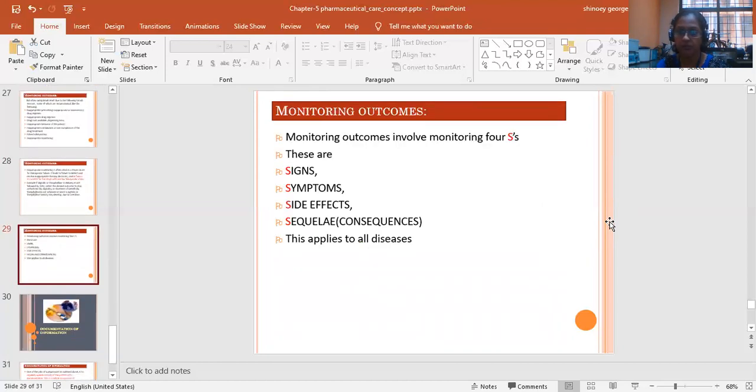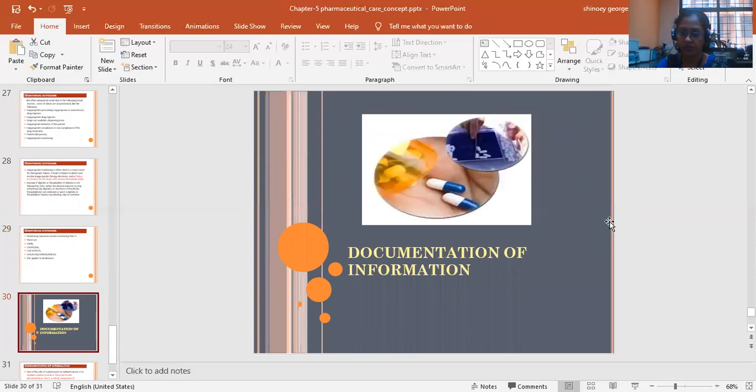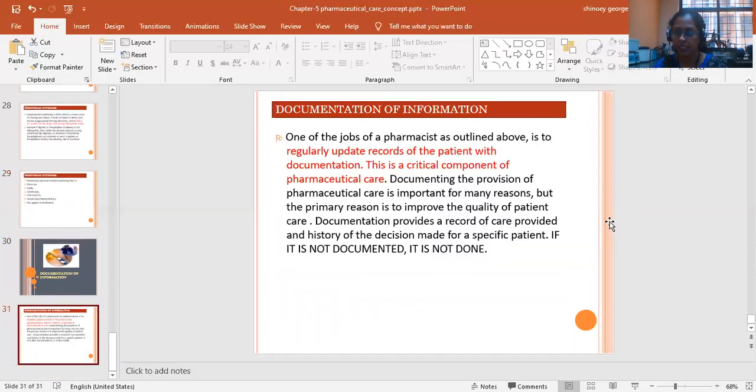So monitoring outcomes involves 4 major S, that is monitoring the signs of the patient, symptoms, side effects, and consequence. Consequence is also known as sequel. So this applies to all disease. So monitoring parameters where the patient is developing any new kind of signs, any new symptoms, any side effects, and sequel. Documentation of information. So what all things have been monitored for this particular patient, whether any side effect,